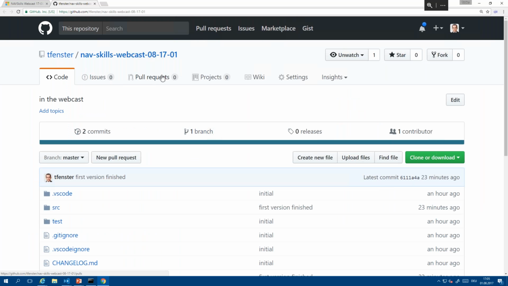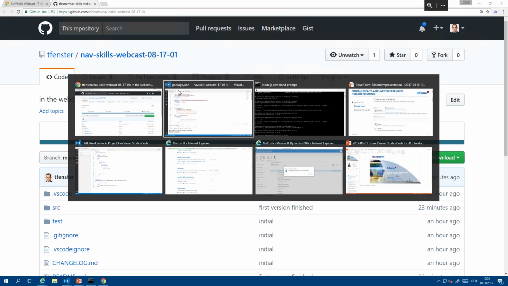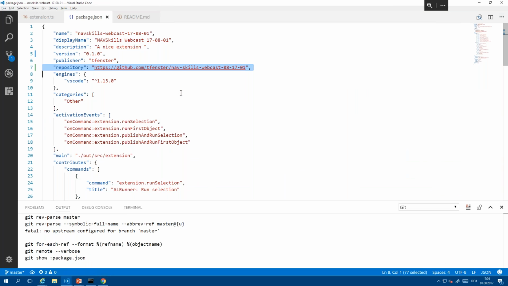And then you can see here we have the issues, we have the pull requests if someone else wants to add code. You have settings, project and wiki, as I told you. You can also remove those through the settings if you only want to have issues and pull requests. Okay, so with that, I really am at the end of what I prepared. Are there maybe questions about the GitHub integration?